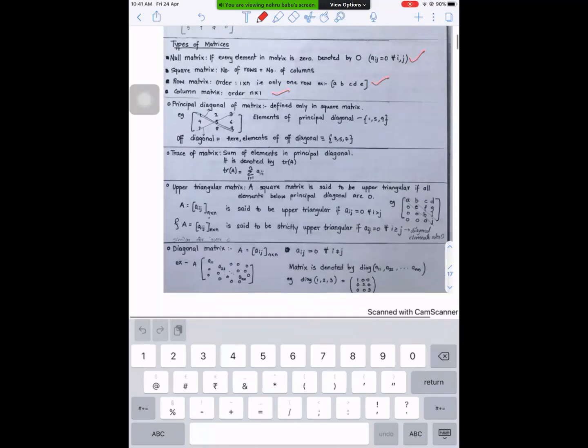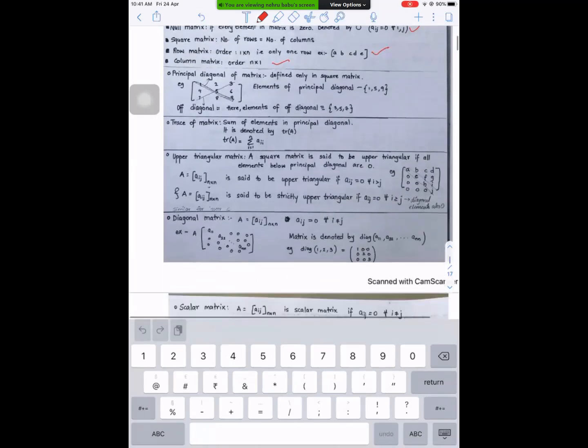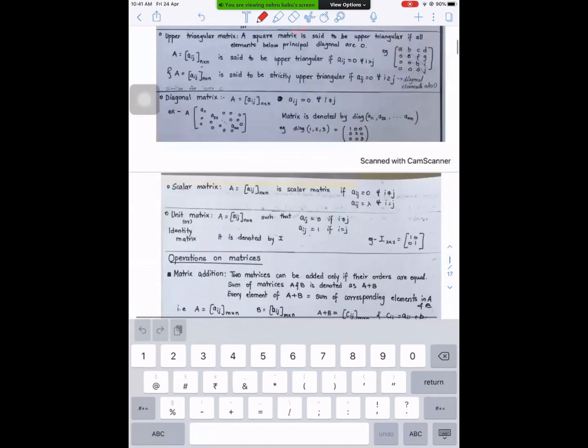Next, after that, we discussed principal diagonal and off diagonal. Next, trace of a matrix. And later I read trace properties. Those trace properties are like trace of A plus B equals trace A plus trace B. Later I gave that result, so we'll go for that also.